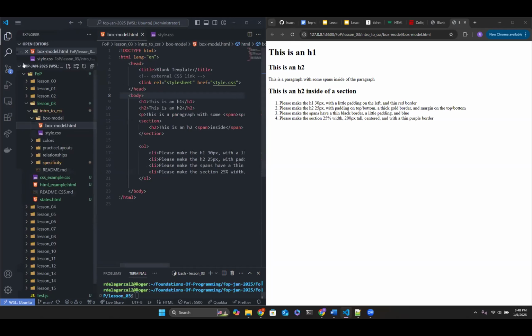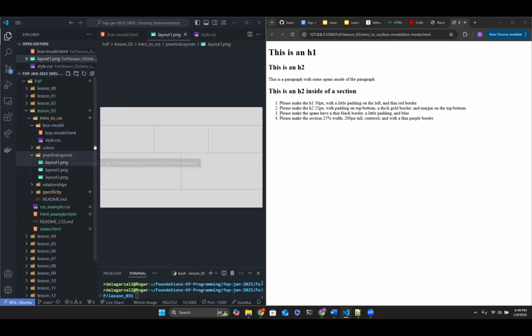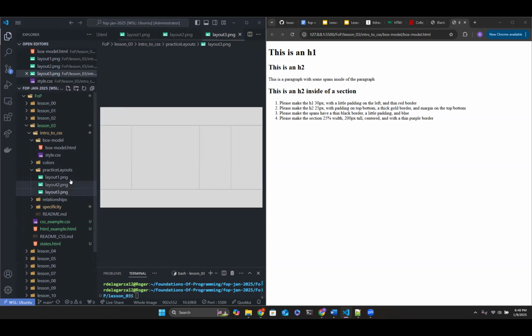Okay. Yeah, so we do have more assignments. I believe, where's it at? Practice layouts. This is going to be where you're going to get the most bang for your buck. We have a couple layouts that you guys will be able to attempt on your own. So we'll definitely try that out. But let's do the talk-through because I know I didn't give too much instruction about it. And then we can use the practice layout to try to replicate what we were doing. And then to get more practice, we can take that BBC website that we worked on yesterday and add some boxes there and actually try to use the CSS that we've been learning to format that BBC website to look a little bit more like the actual original.